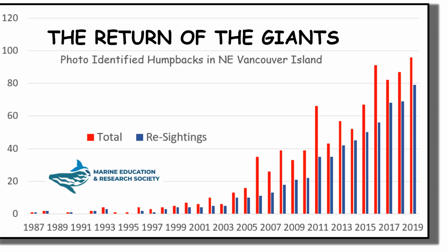So here's an interesting data set that comes from the Marine Education and Research Society. They're based up on Northeast Vancouver Island, and these are whales that they have photo identified in that area. And it wasn't until recently, like in 1967, that the last whaling station was closed in BC. So for many years, there were no humpbacks or very few observed in any particular year. But starting about the year 2000, the number of whales that have been seen in these areas has gone up dramatically,